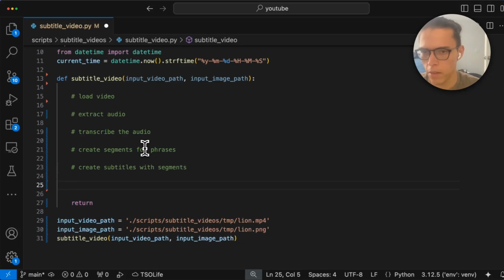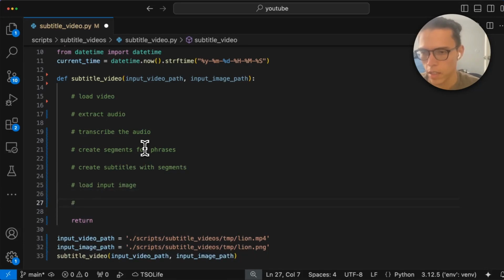Once we have our subtitles and our input image, we load the input image, or I should say create video with input image. And then now that we have our subtitles as a clip and our image as a clip, we can create the final video of image with subtitles